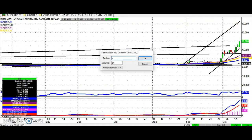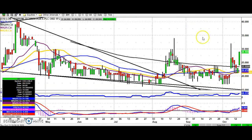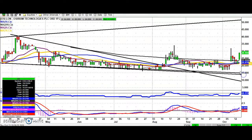Stock which I covered sporadically in the past is Cerium, or Osirium Technologies. A lot of dancing around, which is something I complained about last time, where we had a gap through the 200-day line in August, another bull trap through the 200-day line last week, but maybe it's third time lucky for the shares with the gap through the 200-day line at 23.5 now, and while we're above at least recent support around the 21 pence area,